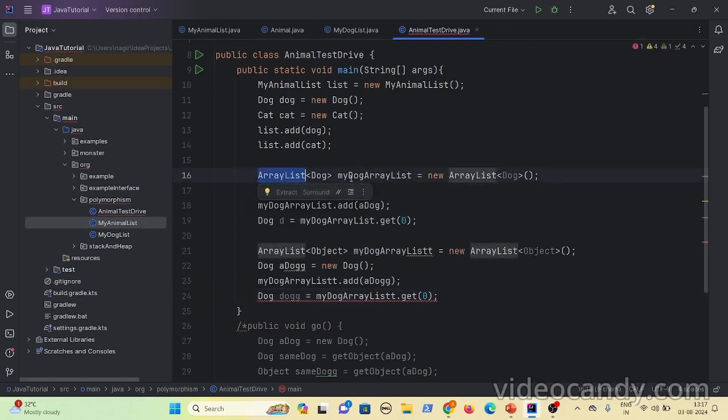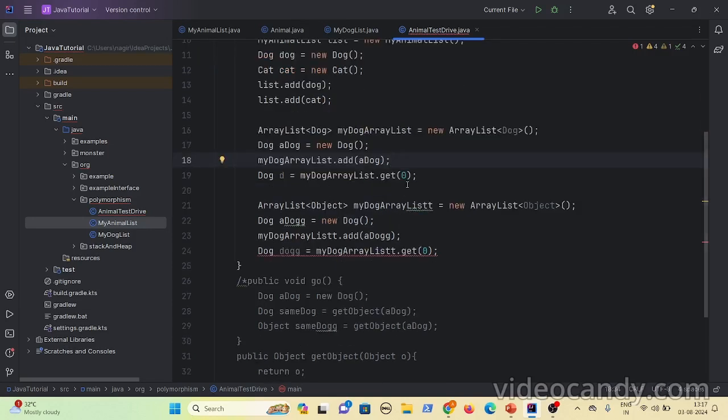This ArrayList is java.util.ArrayList, and you can create one dog and add it. But when you fetch an element that is already added, do you really get a dog here? Yes, you will get a dog here, because the ArrayList type is Dog, so it accepts dog objects.